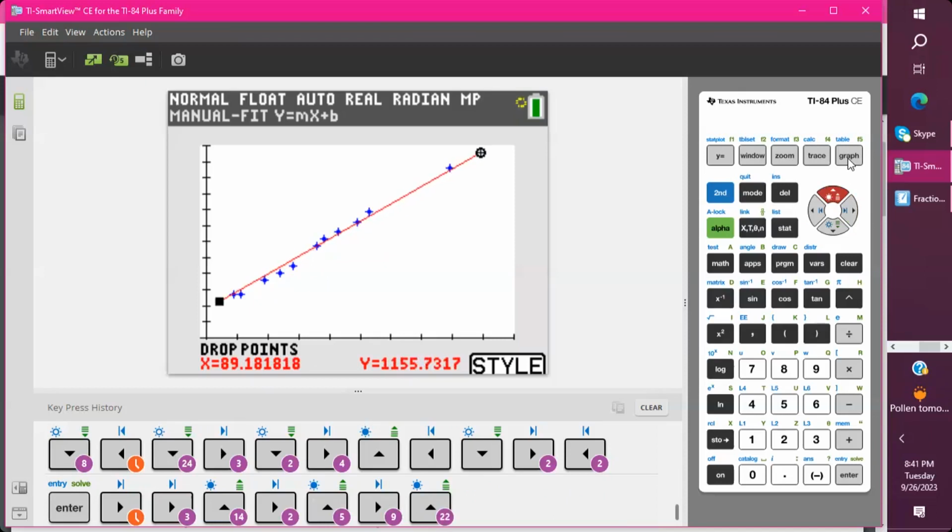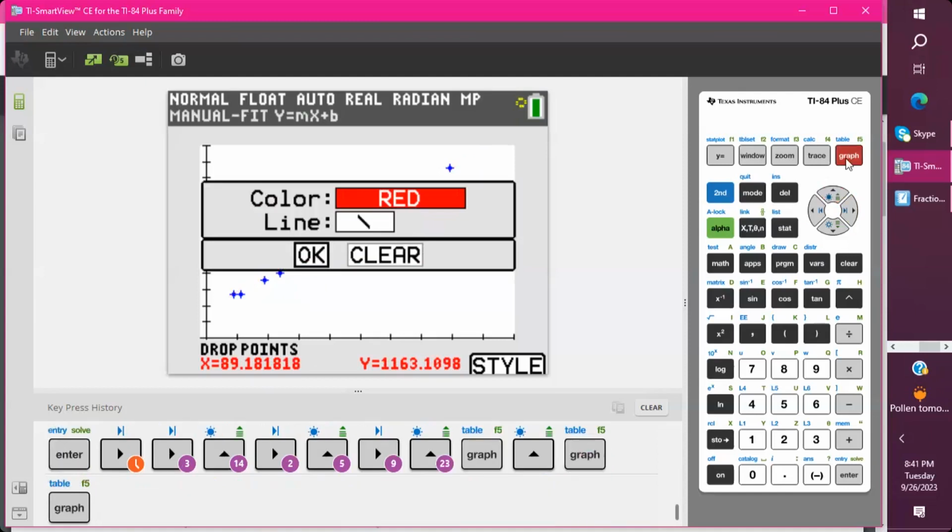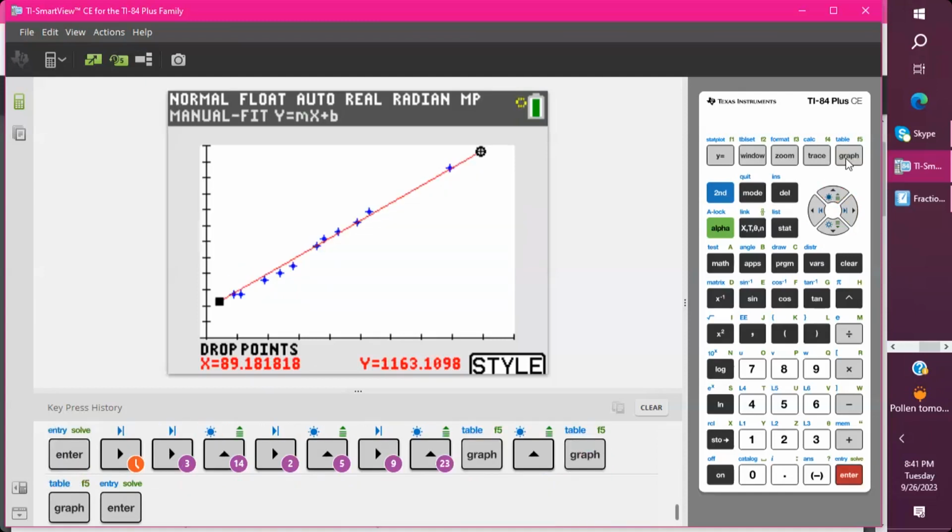And if I can get my line, oops, I went back, now I might have to start over. If I go through my first point and last point, then I'm going to have a good line of fit. And they may think that, and that's fine. In fact, I'm going to do this to show some things with this manual fit. So if I'm okay with that, and I think that looks like a line of fit,